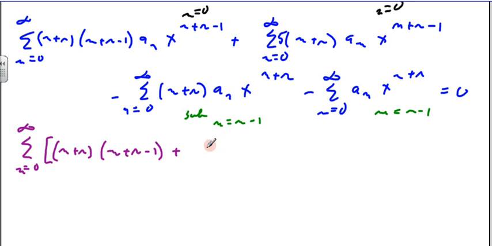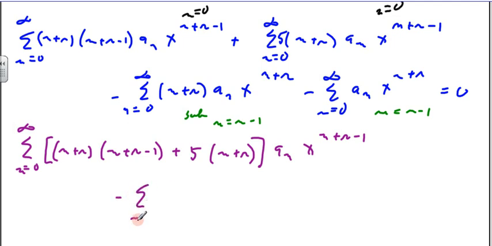So I will do that. Plus 5 n plus r times a_n x to the n plus r minus 1. Okay, so those are the first two guys put together, and then I got a minus summation n is equal